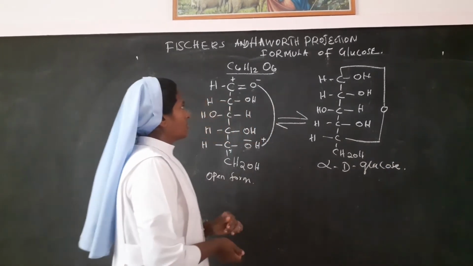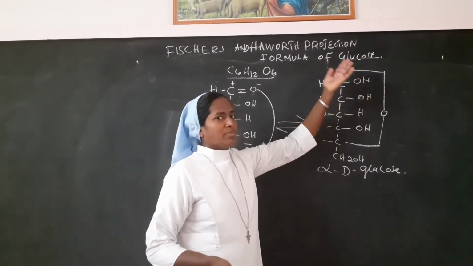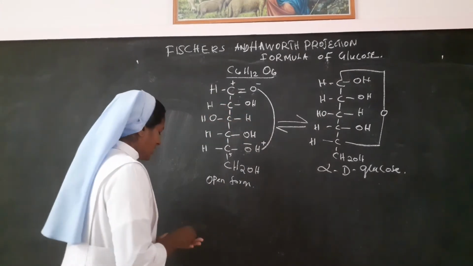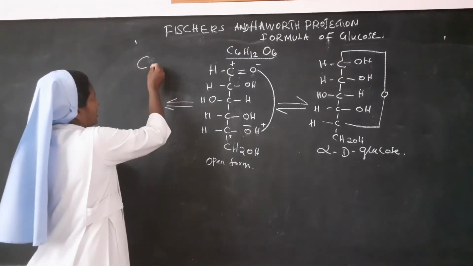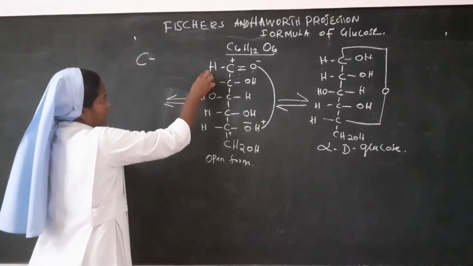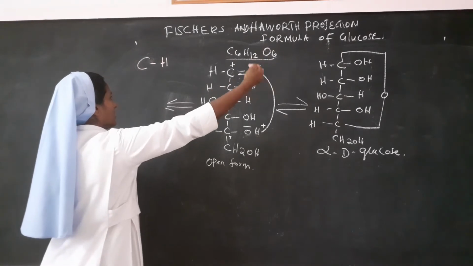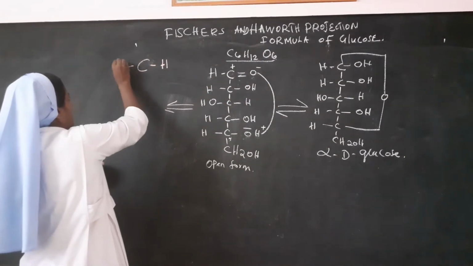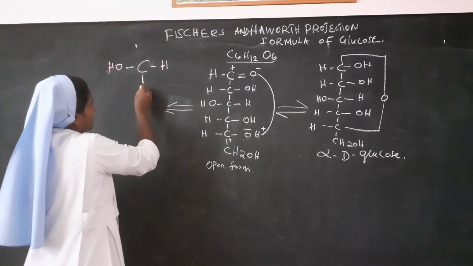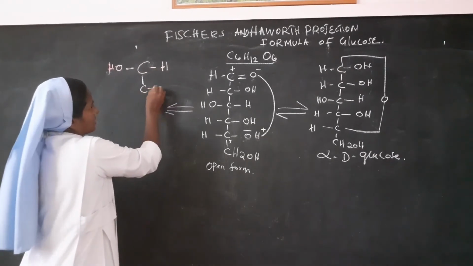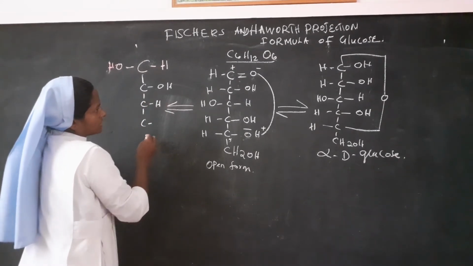In the same way, the hydroxyl group which is on the right side can also be written on the left side. So how can it be written? For the first carbon, the hydrogen which is on the left side will be written on the right side. The OH that is on the right side will be on the left side, OH. Okay, then the remaining carbons will be written as they are: OH, third carbon with hydrogen, fourth carbon on the right side with